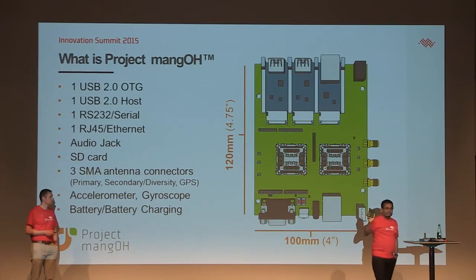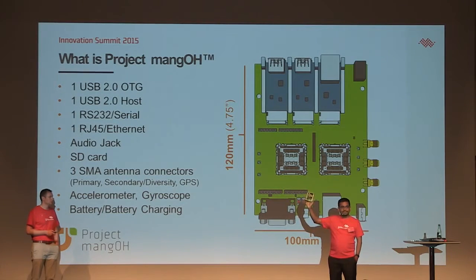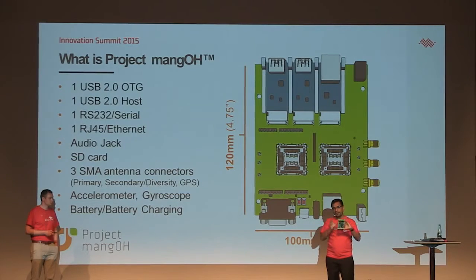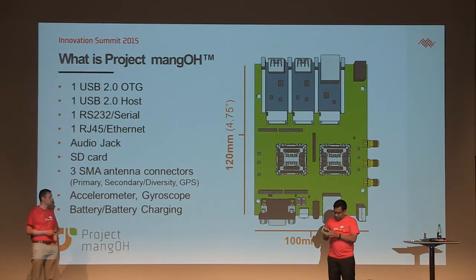When I talked about this being a standard Eurocard size, what does that really mean? You can go today to DigiKey, Mouser, or any other website, and you can buy this case for the platform. It's as simple as that. You take a Mango platform, you can buy a case for it, it's all available. So we thought about how we can make it easy so that people don't have to go build a new casing for such a platform. And over the weekend,